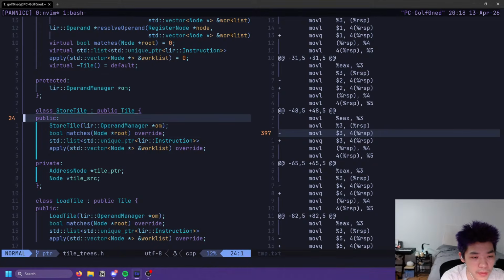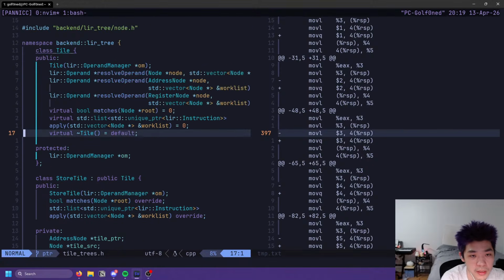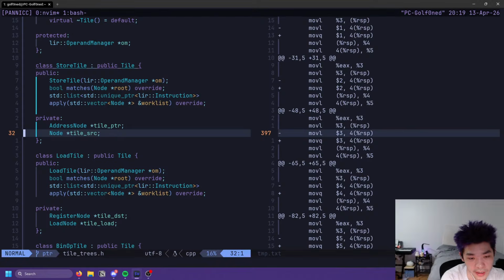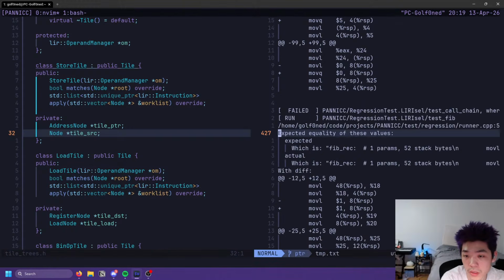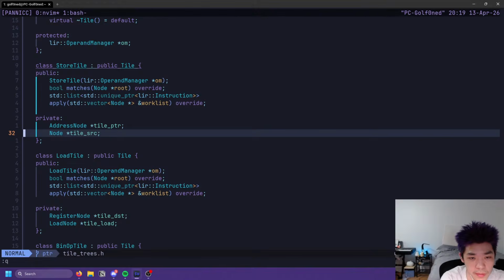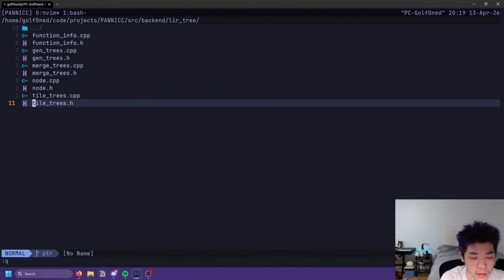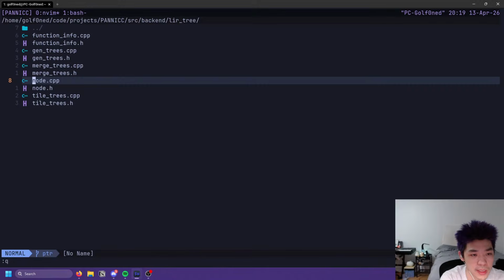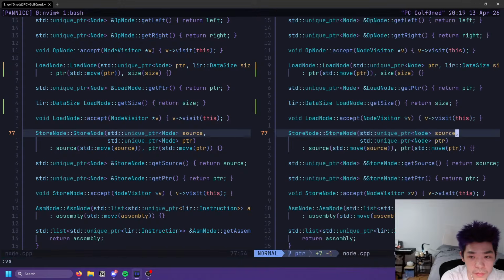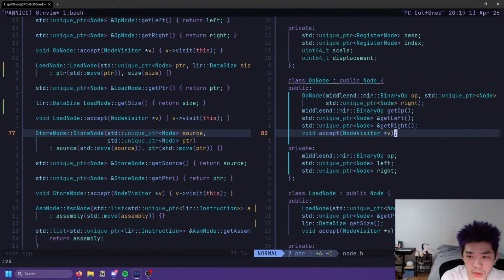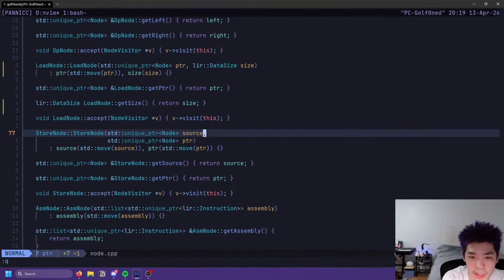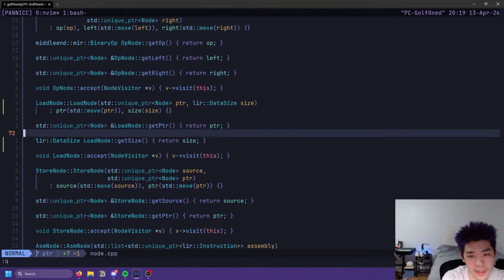Specifically return std::move. I mean, it's not ideal, but again, I physically cannot return anything else unless I make a temporary, and I don't care enough about performance to make the code a little bit more bloated. Okay, so we need to fix our loads, I believe. Or stores. Our stores we need to fix. What is our store node get type? Or wait, it was specifically with immediates, right? Oh wait, that is really annoying.